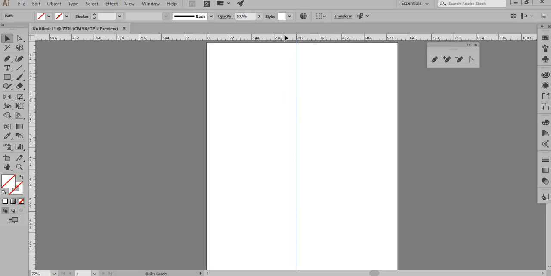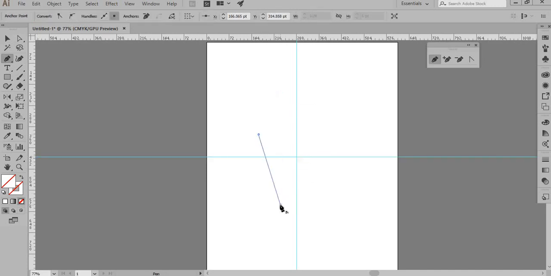I can do this horizontally as well, so I'll just drag it and put it in the center, though I'm not really concerned if it's actually in the center. So here I want to lock my guide, and it's always good. And why I want to lock my guide, let's suppose I select an object, or I'll just show you, I just make an object here.